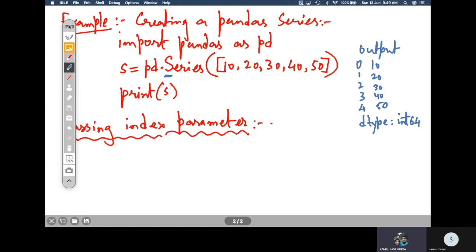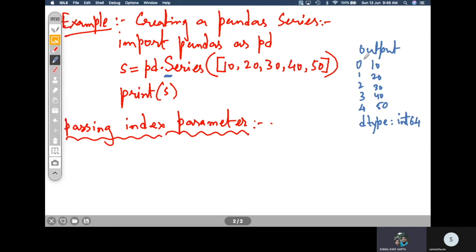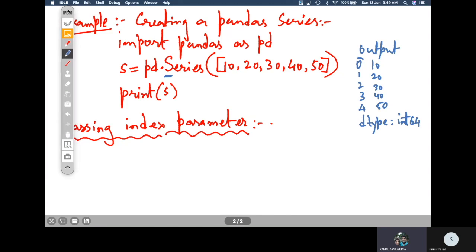Now we are going to learn how to rename these indexes 0, 1, 2, 3, 4. I want to give a separate name for them. How to do that? By passing a separate index parameter along with the data parameter. The first parameter is the data, a list of data, and the second can be an index or list of index names, right?